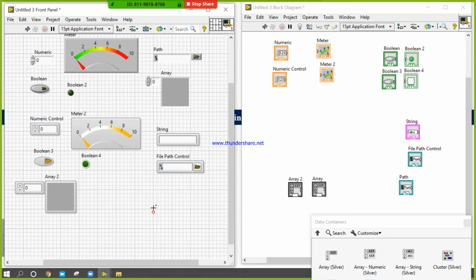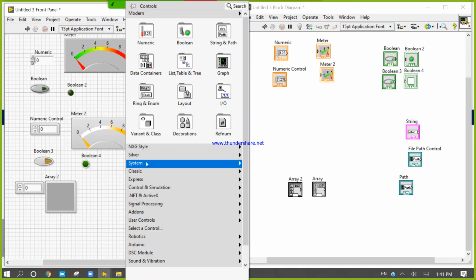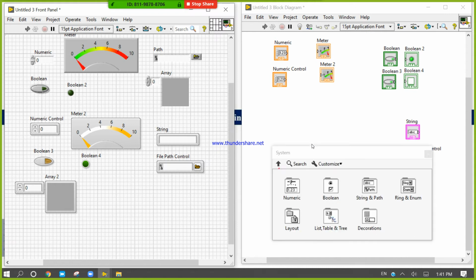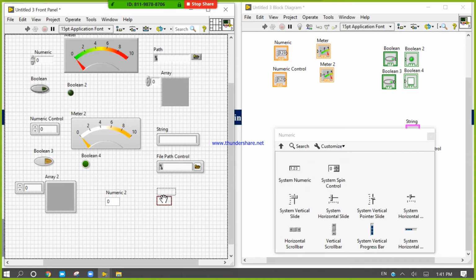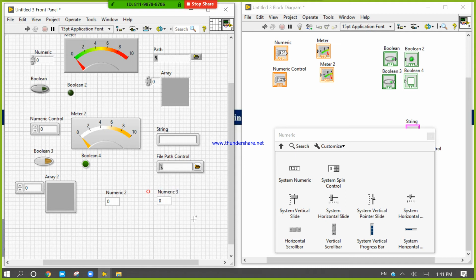So we have some more styles. Right click, system. So I have some system styles. If I want to take the system numeric, it will be the system numeric control. If I want to take the system numeric indicator, it will look like this.